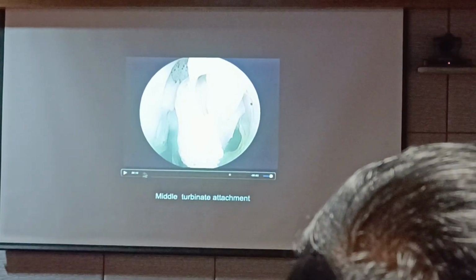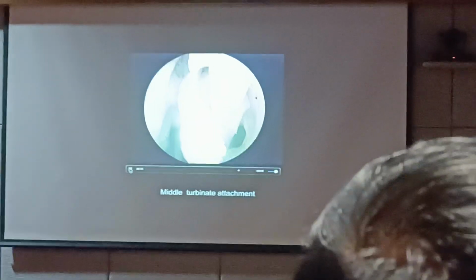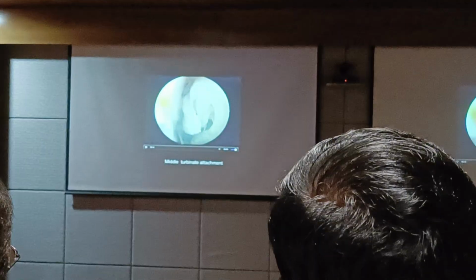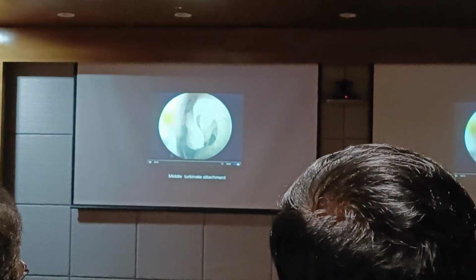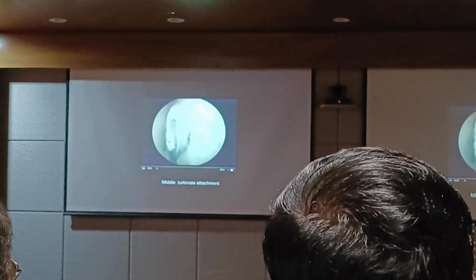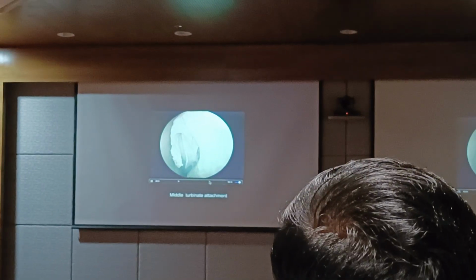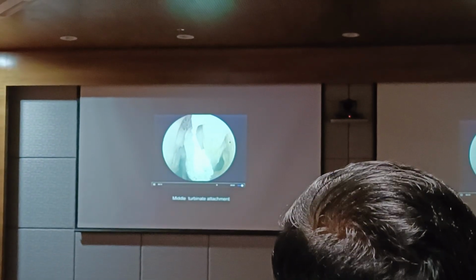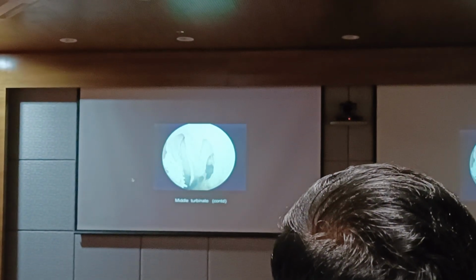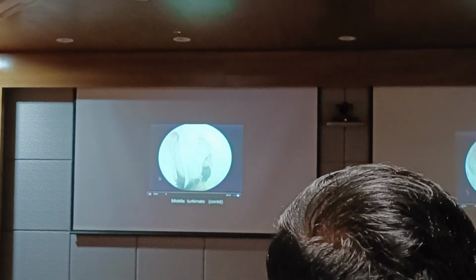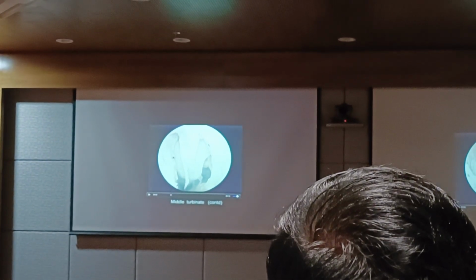1A attachment and 1. So that's one more time I'll just show you. That's its 1A attachment and the 1 attachment you've seen. It's there. Okay. Now if you go beyond, first of all this is the middle meatus, that's the middle turbinate,